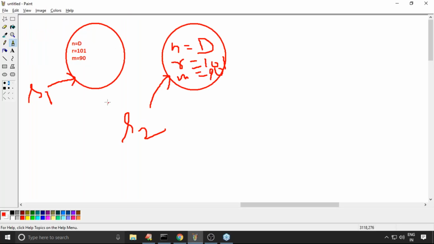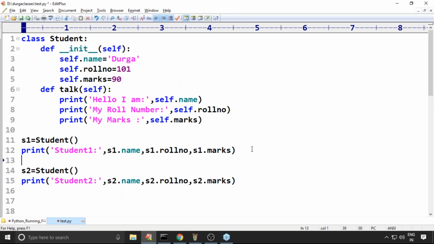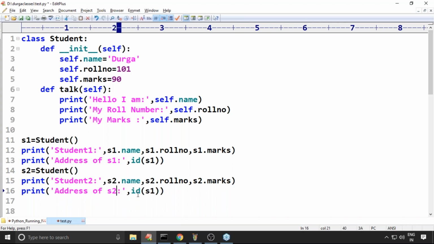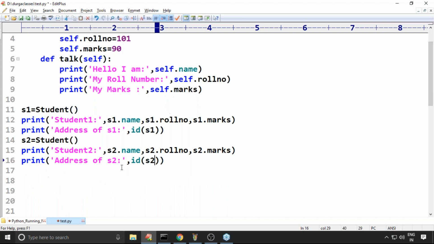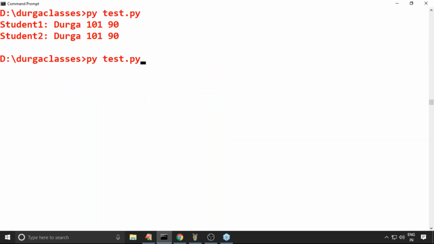But are the object addresses different or the same? What is the address of s1? id of s1. What is the address of s2? id of s2. Both objects are different objects, that's why the addresses will be different.